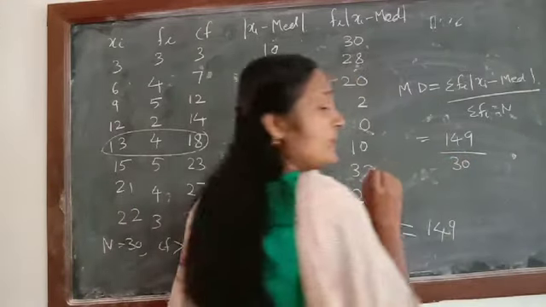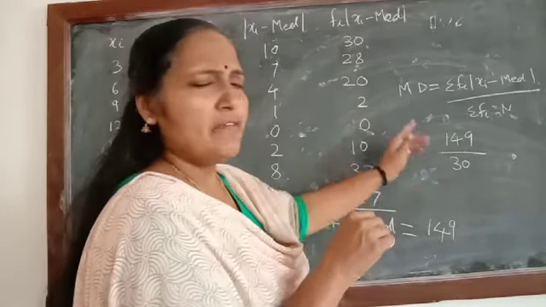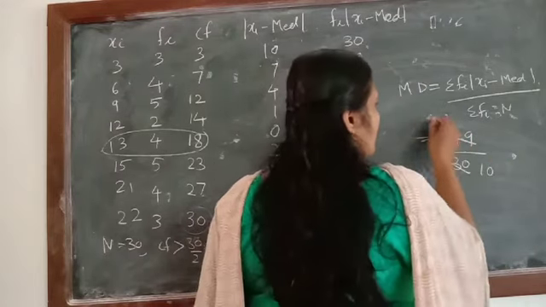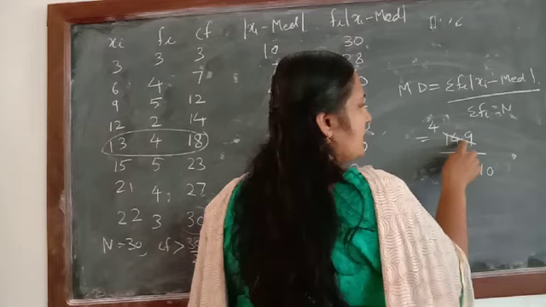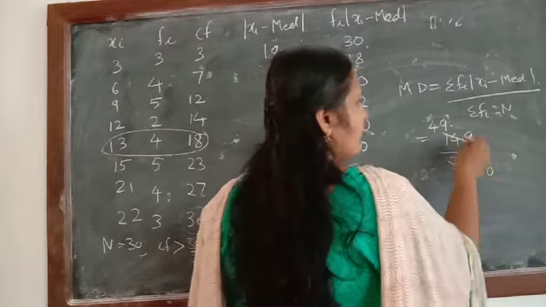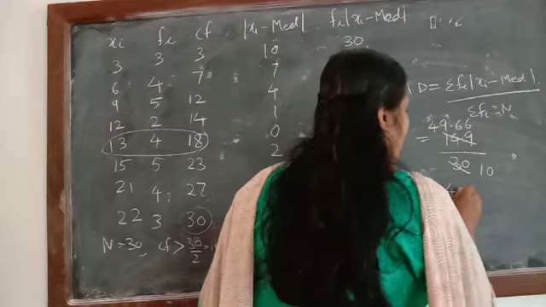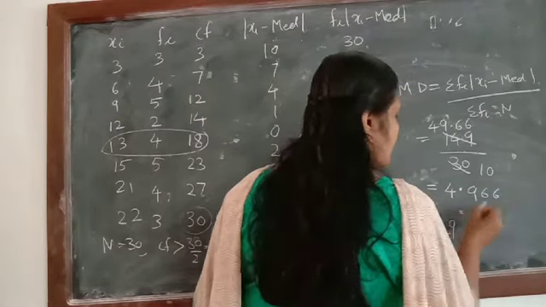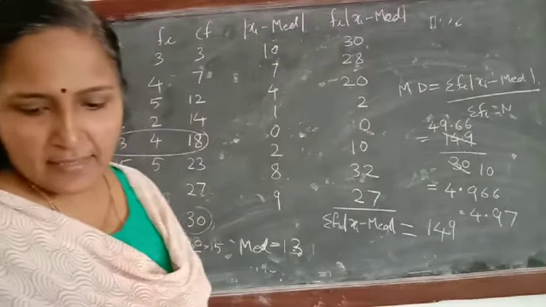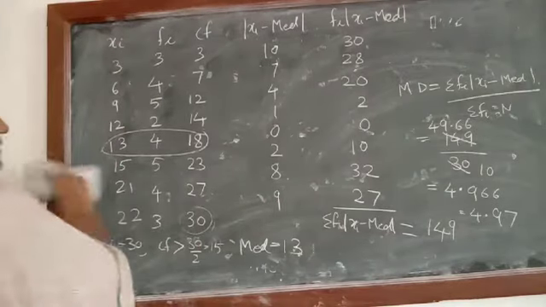Now it will be easy to divide when the denominator is 10. So first we can divide by 3 to make the denominator equal to 10. 3 fours are 12, then here it will be 2. 3 nines are 27, 9 minus 7, 2. So it will come 49.66 divided by 10, which is 4.966. If you round off this 6, it will be 4.97. Clear? Okay.